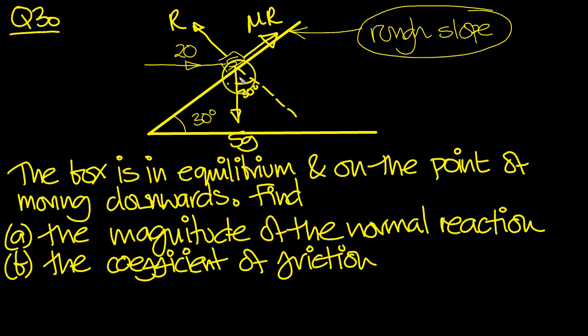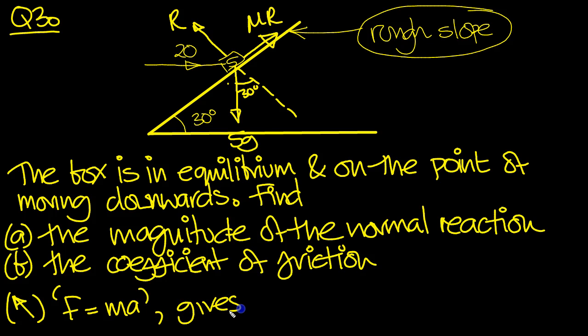Okay, so it's in equilibrium, so we can apply F equals ma then. We want to find the magnitude of the normal reaction, so I'm going to apply F equals ma in this direction here. So let's do that then. F equals ma then. There's no acceleration, so the resultant force is 0. So F equals ma gives then R